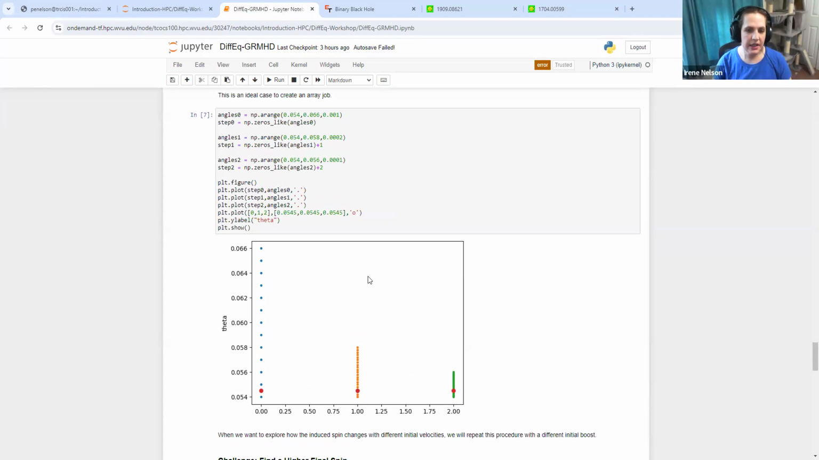So if we do our first batch of angles, we will see pretty clearly that as we decrease the angle at a constant initial speed, we'll get higher final spins. So the next job from there will be to see just how close can we get ourselves